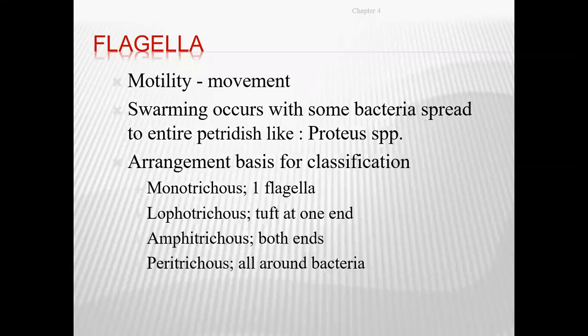Some bacteria can be fast motile, such as Proteus, which can spread to the entire Petri dish. Arrangement of flagella is the basis for classification. It may be present as monotrichous, presence of one flagellum, or lophotrichous, a tuft at one end,